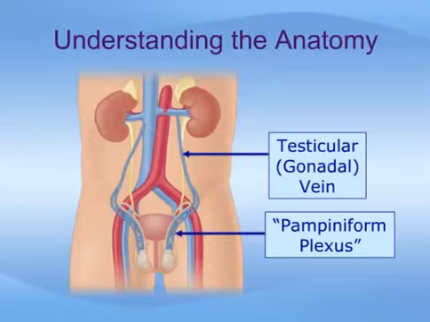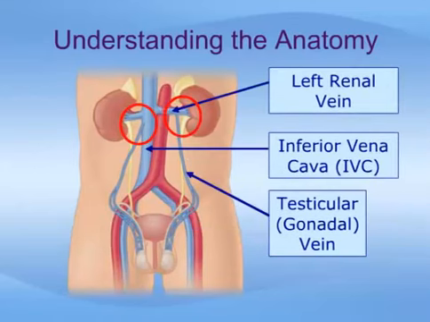It then drains into the groin, technically the inguinal canal, and eventually into the abdominal cavity, where they unite into a single large vein called the testicular or gonadal vein. This vein drains into the large veins of the abdomen, the renal vein on the left, and the largest vein in the body called the inferior vena cava or IVC on the right. Note that the right testicular vein enters the inferior